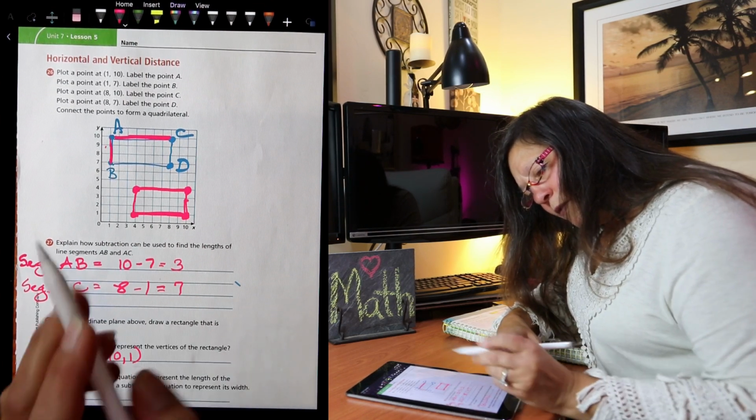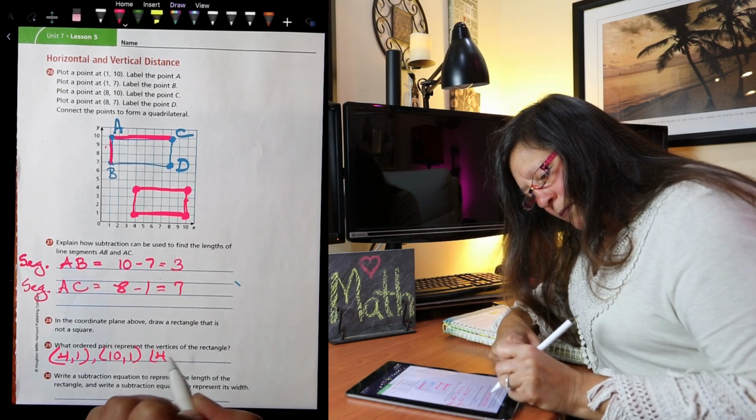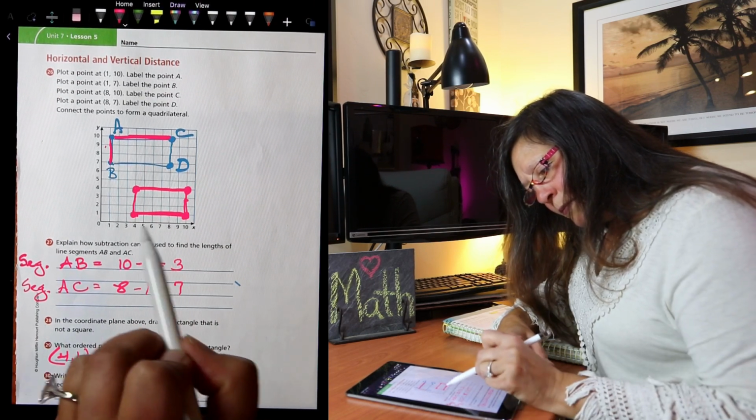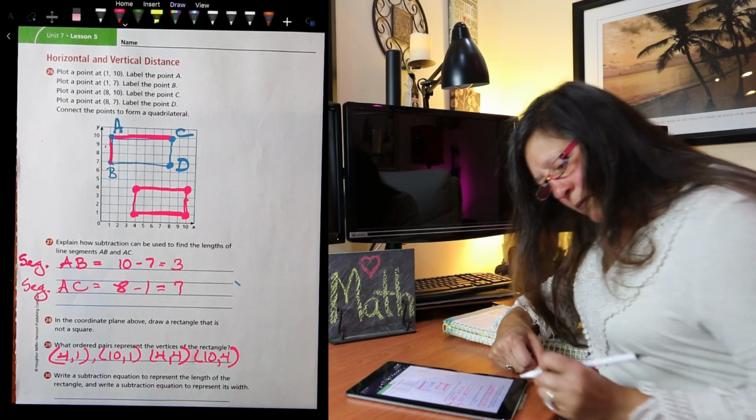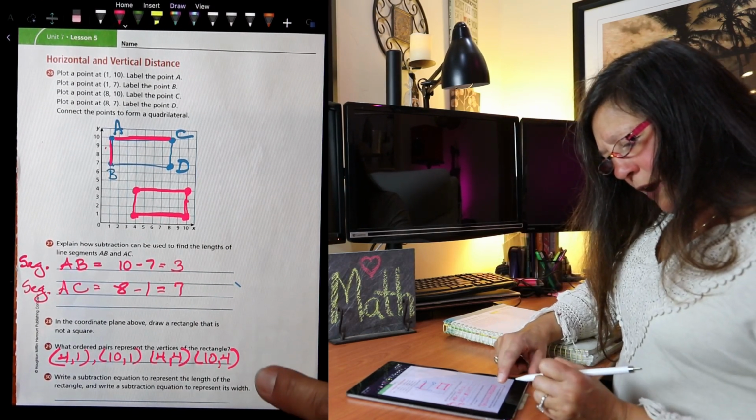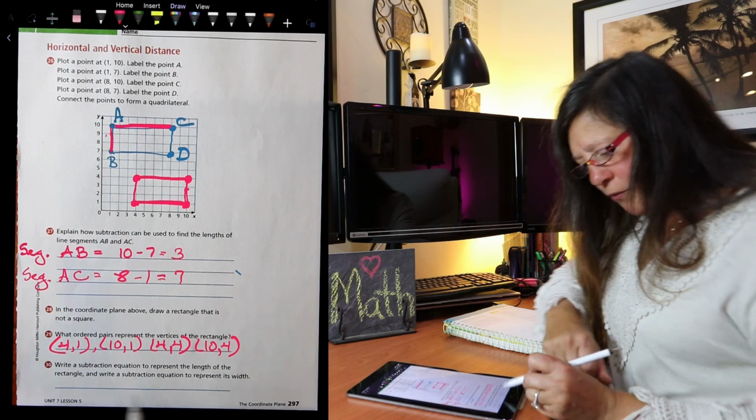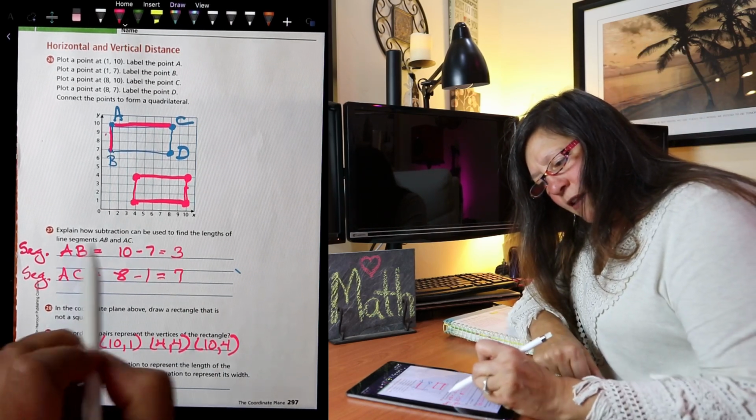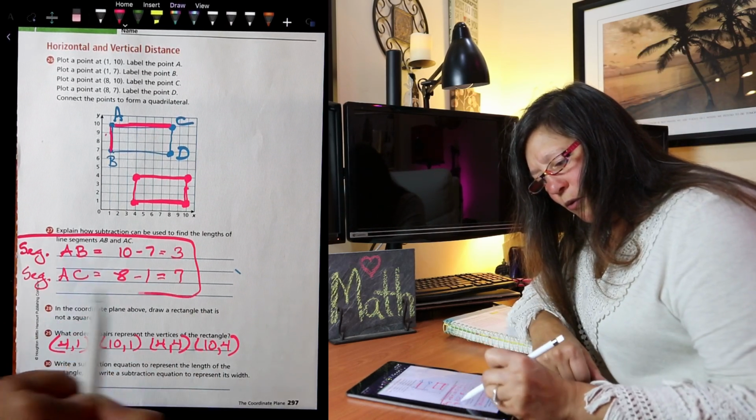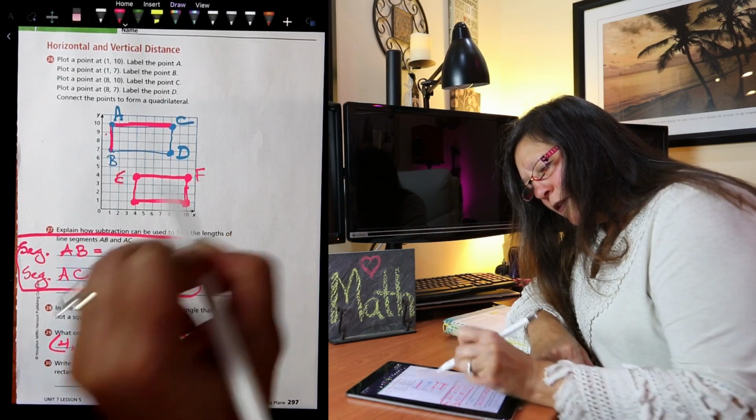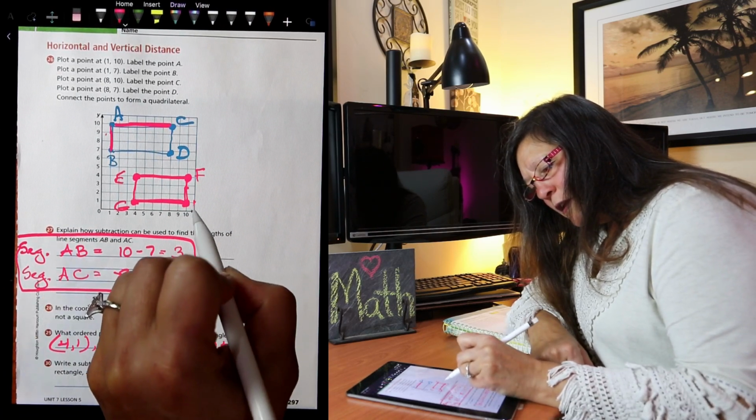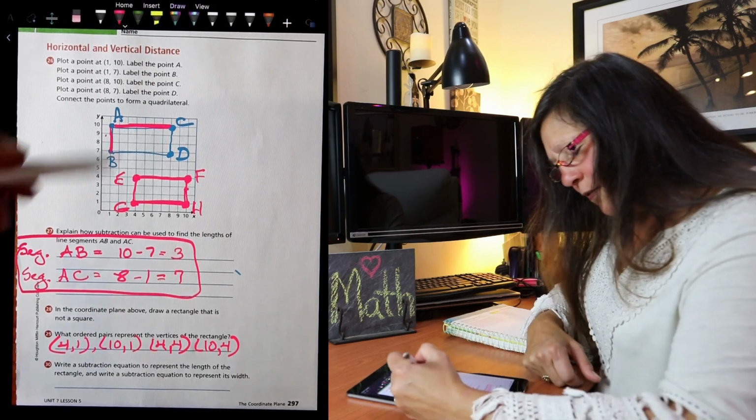And I have 4, 4. And 10, 4. And could I do a subtraction equation to represent the lengths of the rectangle? It would be the same as here. You would label the 4. So this could be E, F, G, H, and find